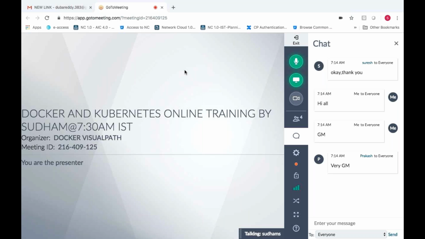And let us say there is another situation: if you're using a replication set or replication controller or deployment. Deployment already uses replication internally, that's the reason I'm saying deployment. So when you're using a deployment, let us say you're giving a replica count of three. Let us say you have one master server and four worker nodes, totally five machines. So now your replication controller is three, so three pods will be launched.